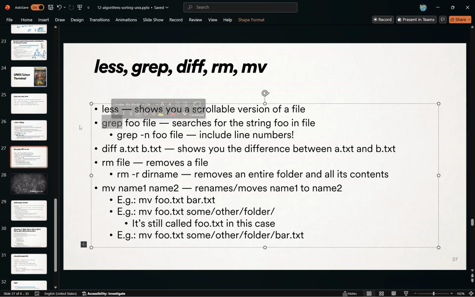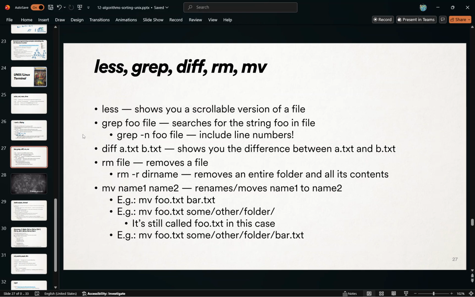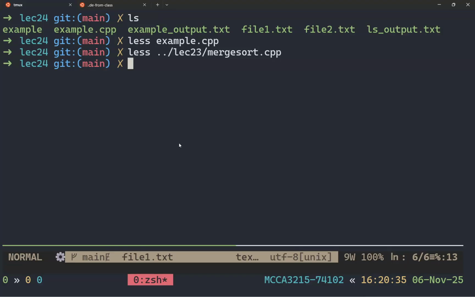Grep is a very, very useful one. What grep does is it searches for things. It searches for a string in a certain file. So you give the string you want to search for, then the file. So let's search for, I don't know, hello in our file,